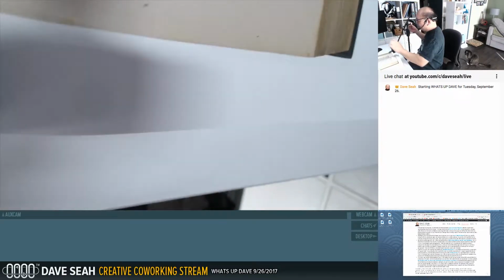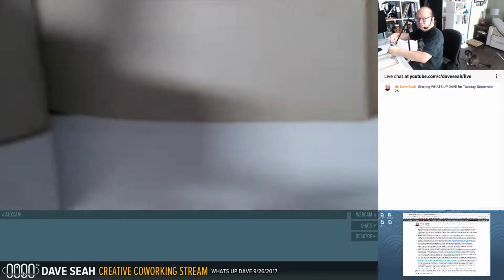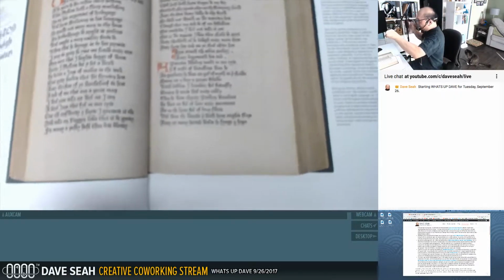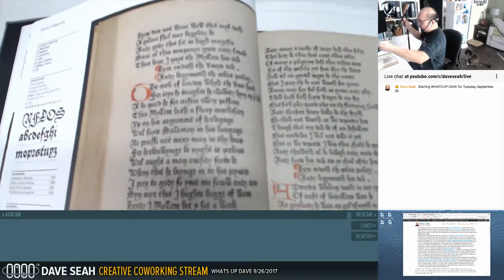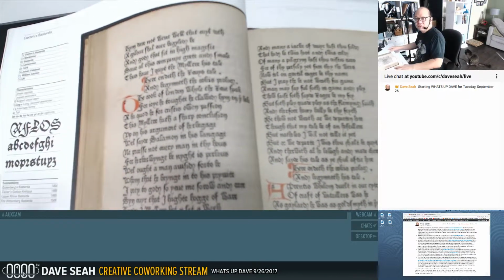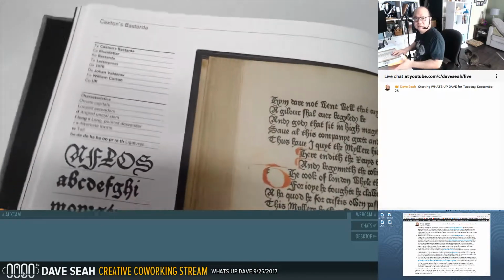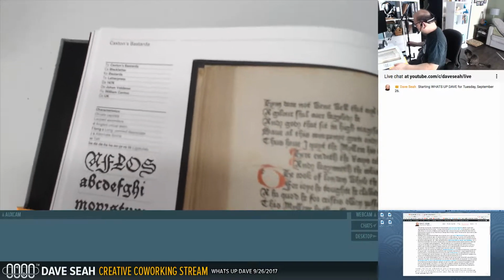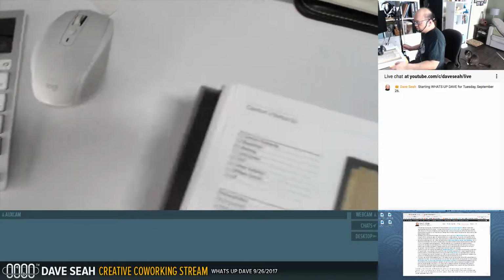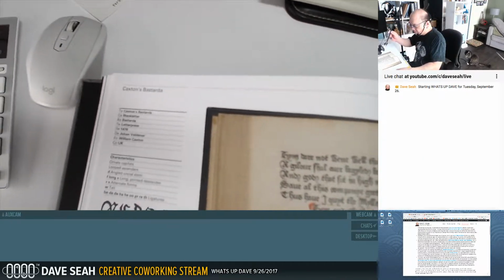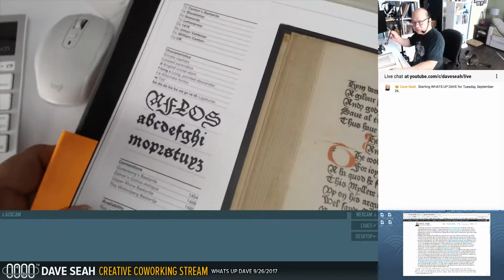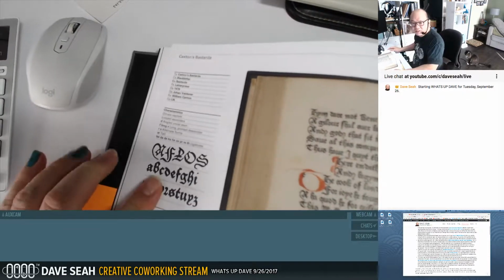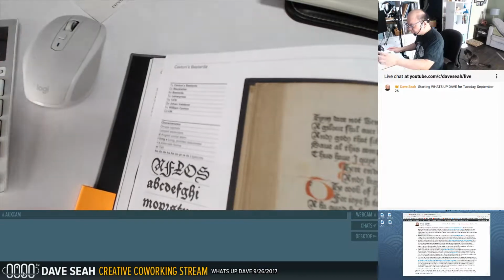Let's see if we can get a little closer on this. So, excuse me while I adjust this. Okay. I can get that down a little bit more. So, what am I looking at here? Apologize for the instability of this. Yeah, I'm using a microphone stand to do this. So you can see, like, there's things like the specimen here.